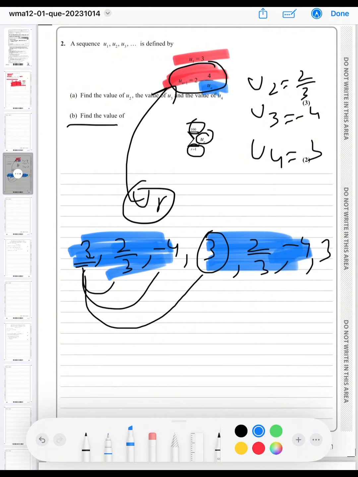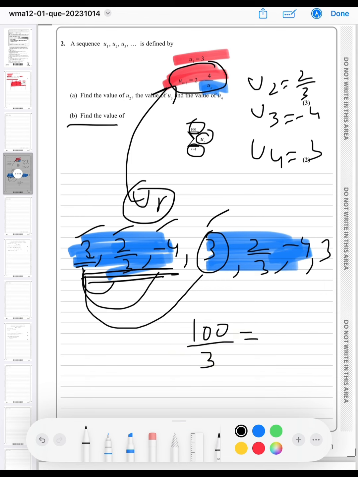So if you go for the patterns, this is the pattern of 3 numbers, first, second, and third, and then after the 3 numbers it keeps on repeating itself. We have 100 numbers from 1 till 100, and we will check how many repetitions we will be having. By dividing this, we are getting